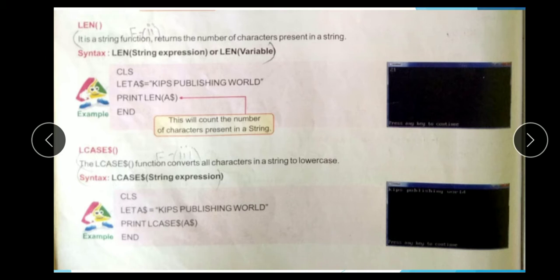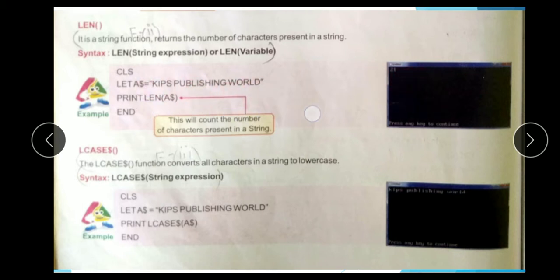LEN function. It is a string function that returns the number of characters present in a string. The syntax is LEN(string expression) or LEN(variable). For example, let A$ equal to "Kips Publishing World". PRINT LEN(A$) finds the number of characters in this string. The answer is 21.